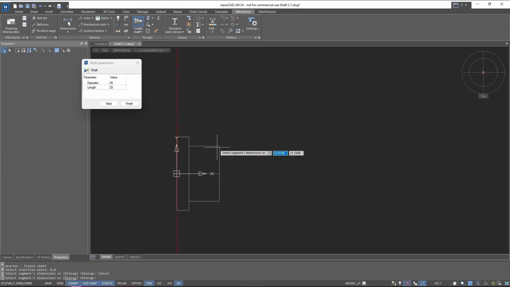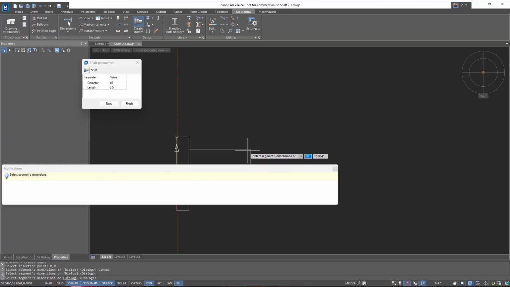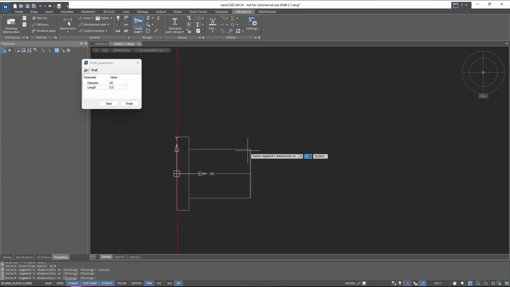The starting insertion point of the next section will coincide with the end point of the previous one. Let's construct the second shaft section with a diameter of 40, length 50. This time, let's set the required dimensions with the cursor and confirm the creation by clicking the left mouse button in the model space. In the Shaft Parameters selection menu, we can also change the type of the shaft section